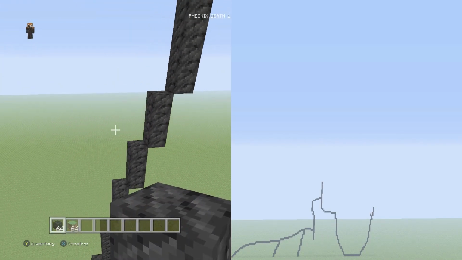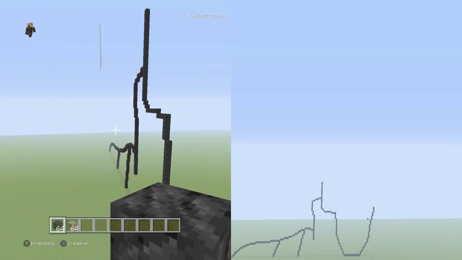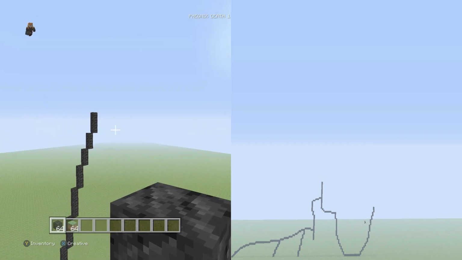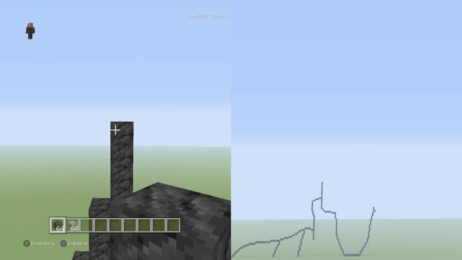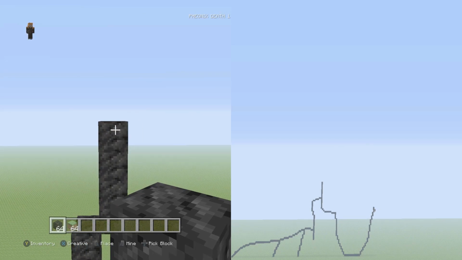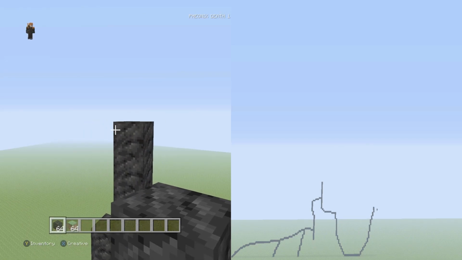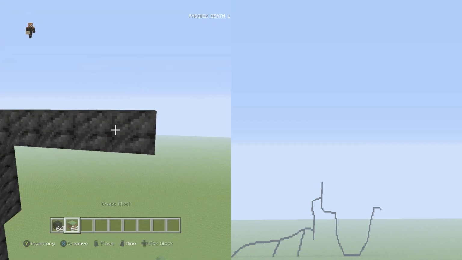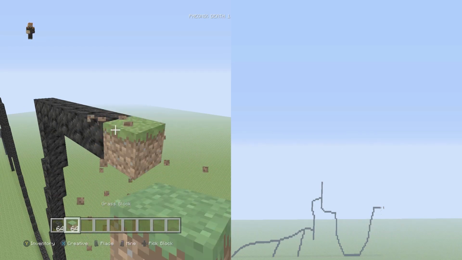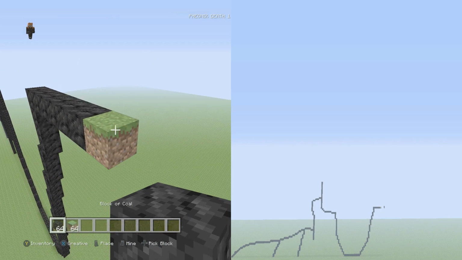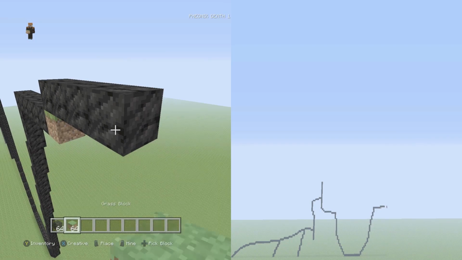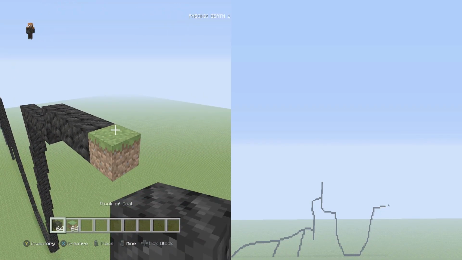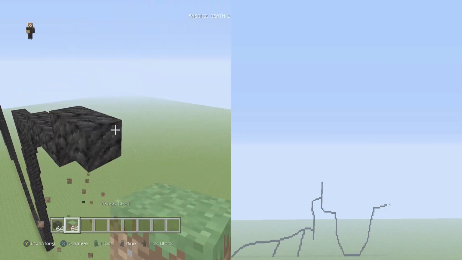Perfect. So now from here we're going to do the other collar thing, which then gets wrapped around and brought to the shoulder. So we're going to go to the top of the 4 vertical right here, and we're going to go to the right side of it and add an extra 5 blocks to the right. 1, 2, 3, 4, 5. We're then going to put a placement block at the end so we can go up and to the right, 4 flat, 1, 2, 3, 4, placement block on the end, up and to the right, 2 flat, 1, 2, placement block on the end,